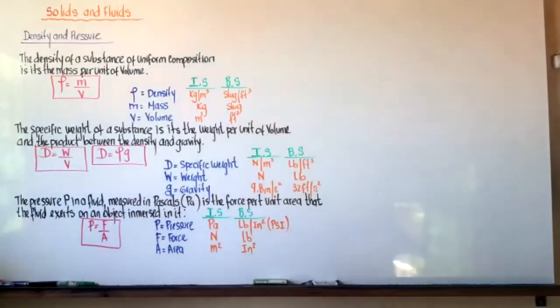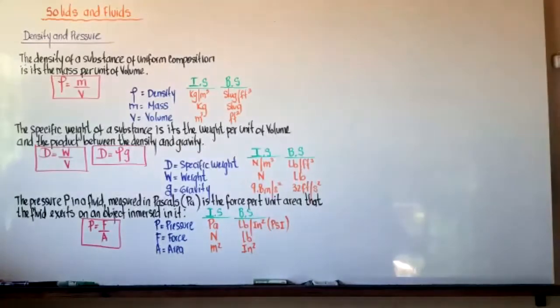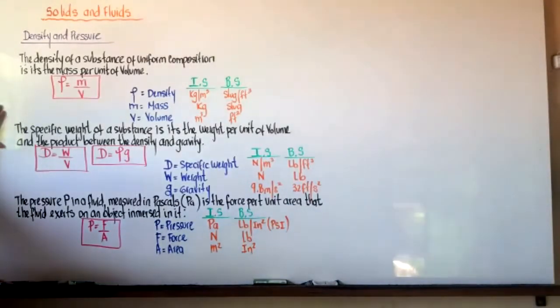Okay, and we're going to talk about the difference between density, specific weight, and specific gravity. These are different quantities. I'm going to give an example. The specific weight in this situation, guys, uses the capital letter D. This is not representing density. This is representing specific weight. And the definition of